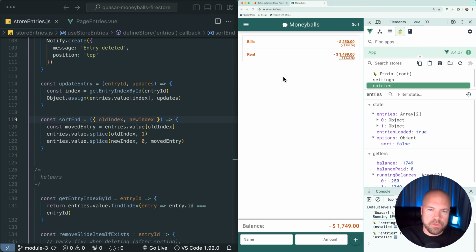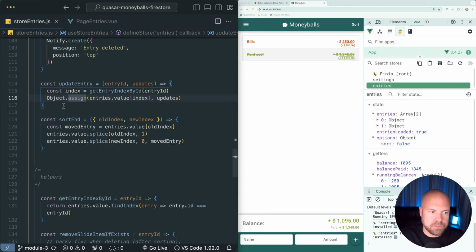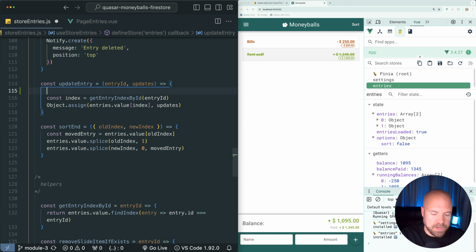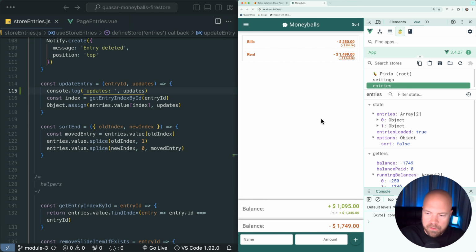So currently, if the user makes an edit to an entry, either by editing the name or editing the amount, or by swiping to mark an entry as paid, then the ID of the entry that was edited and the updates that need to be made are passed to this update entry action in our store. And I'll just log out this updates object so you can see what's going on, and save that and reload